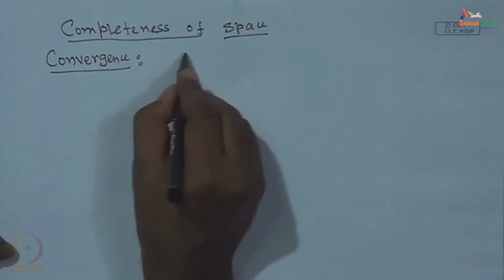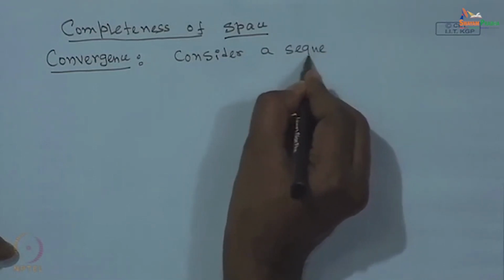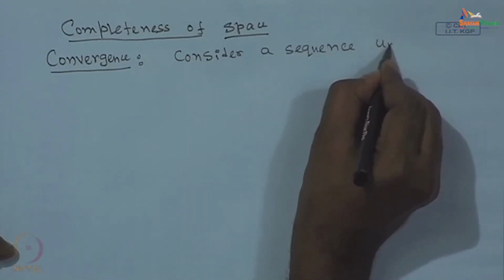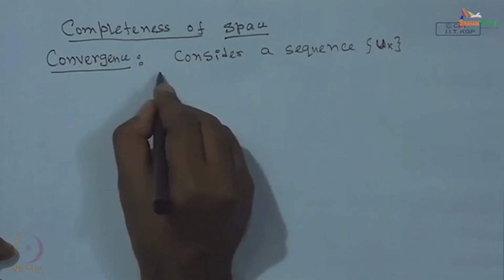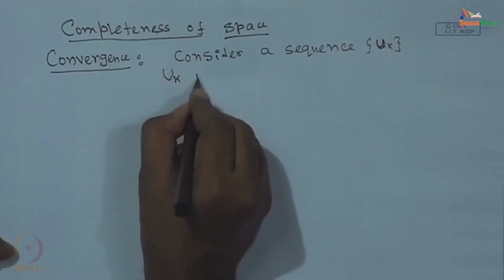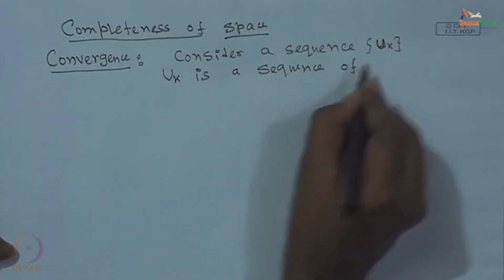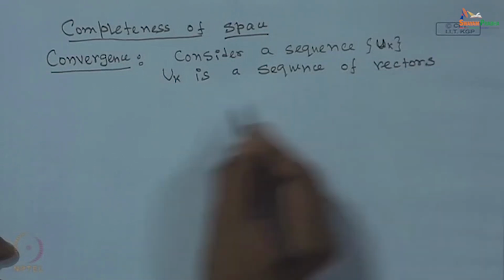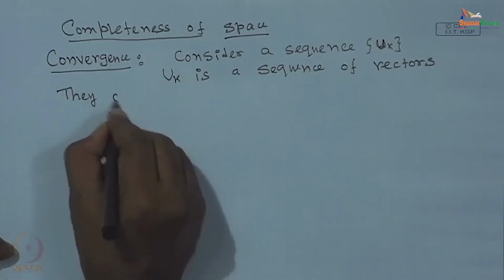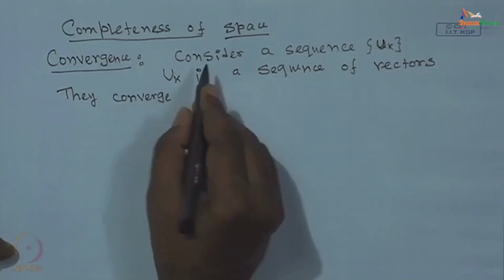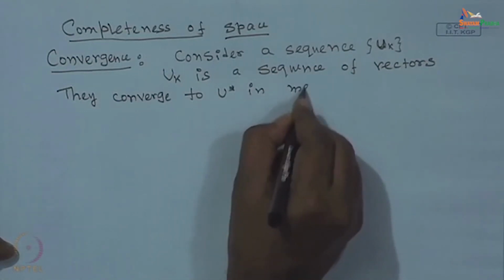Let us talk about a sequence. Consider a sequence u_k. It is a sequence of vectors, and we say these vectors converge to u star in a metric space